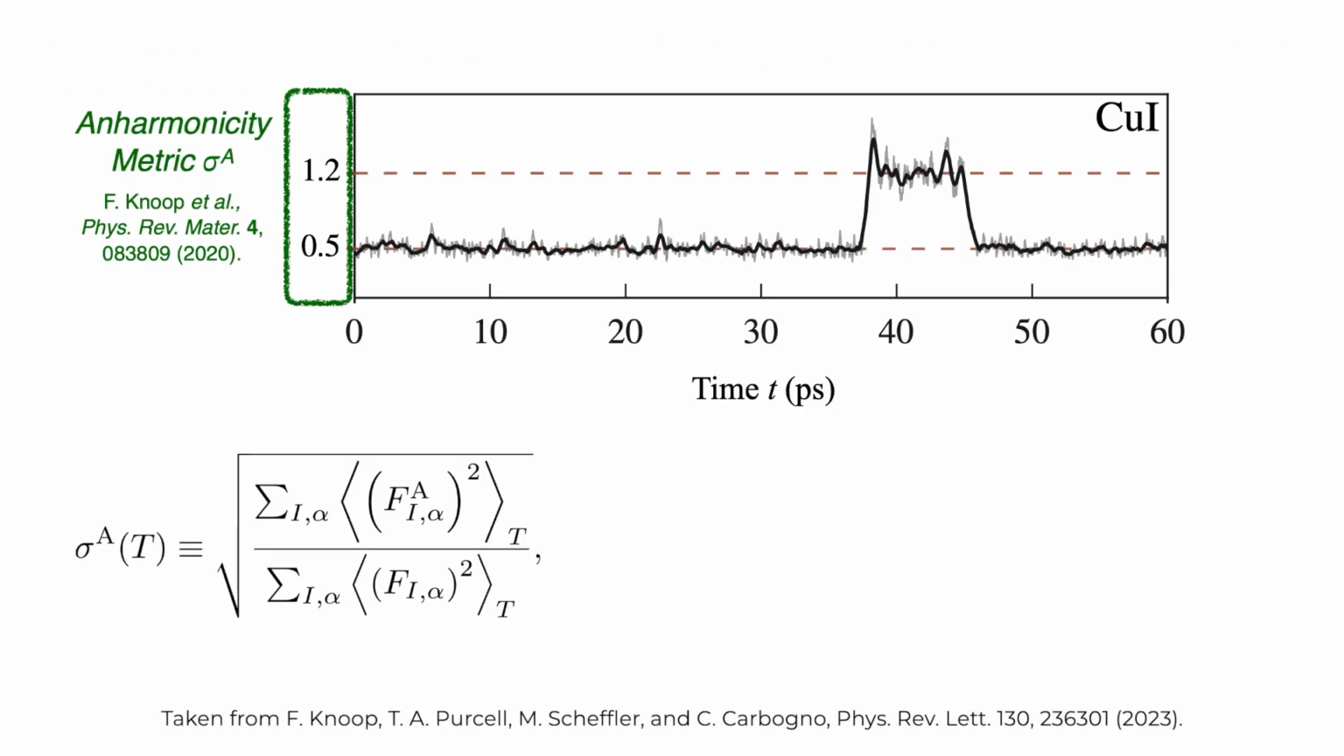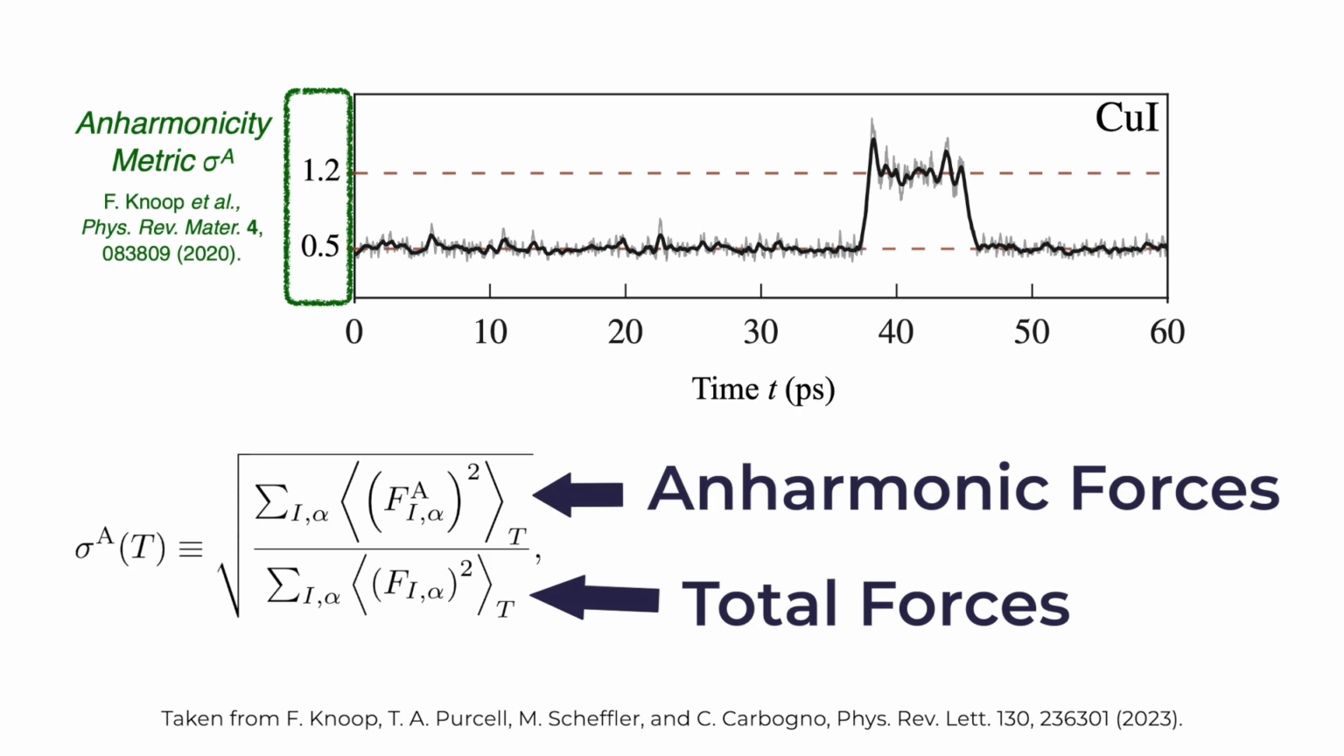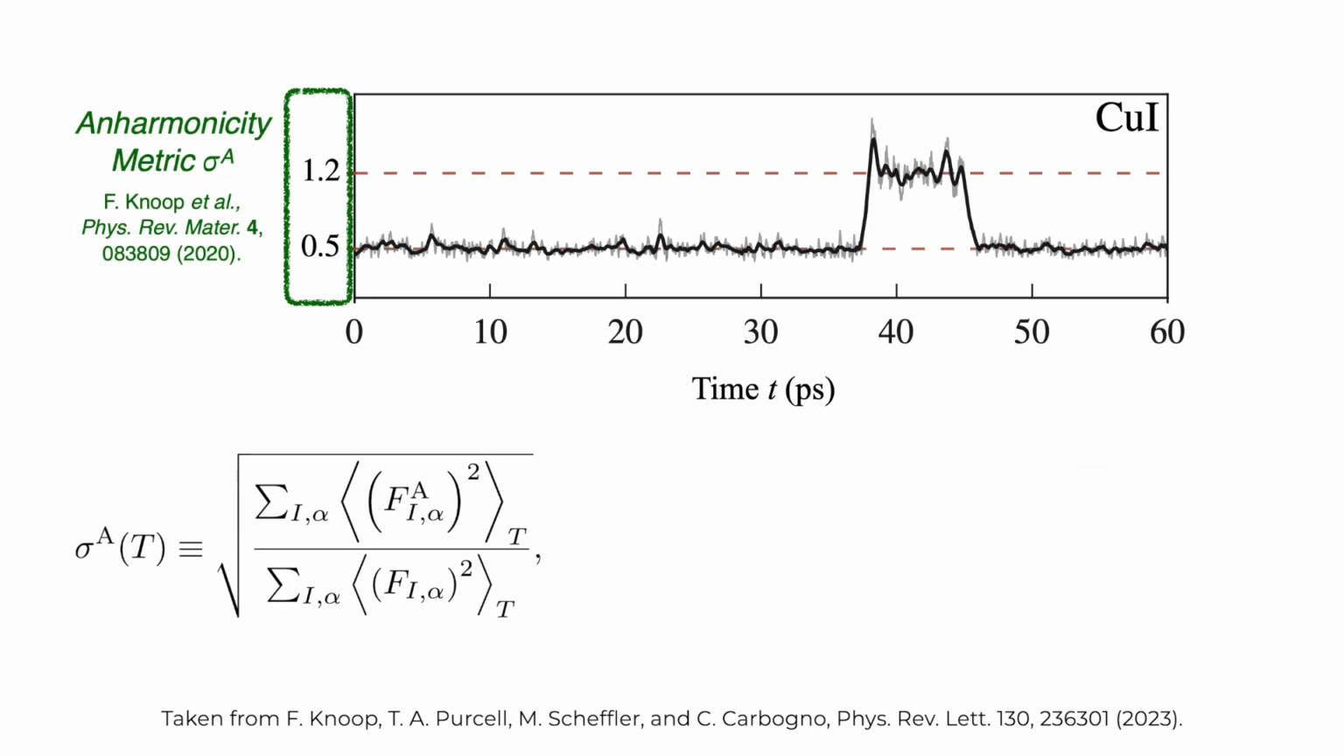Shown in this plot is the anharmonicity measure introduced in the work by Knoop et al. It relates the strength of the anharmonic forces compared to the total forces. A value of 0 corresponds to a perfectly harmonic system. In copper iodide, this measure stays around 0.5 for long periods, indicating that around 50% of the interactions stem from